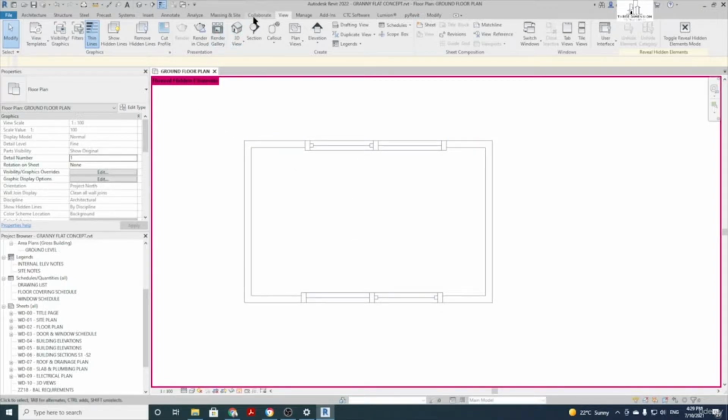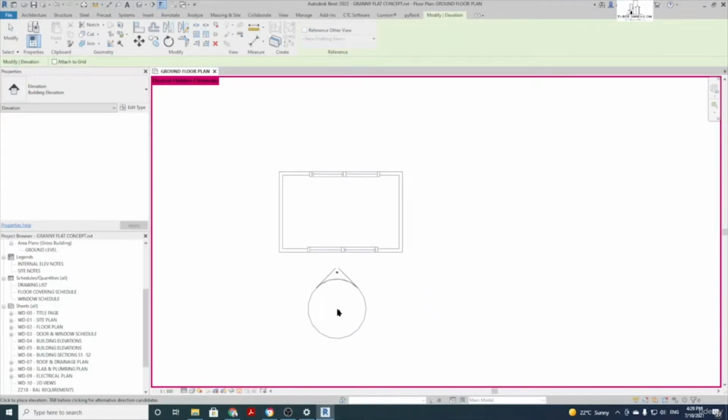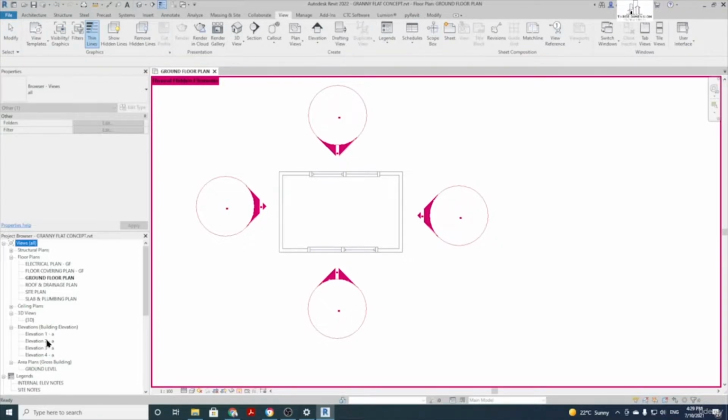Up the top here, click on the View tab, click on Elevations, and this will bring up the elevation marker. So we'll put one around each side of the building. So one here, with the arrow pointing towards the building, 2, 3, and then 4. Now to go to these elevations, you can come over to your project browser here, and now that we've added them, you'll see there's a little tab underneath Views. Come down to Elevations where it says Building Elevation, click on the plus, and we have our 4 elevations here